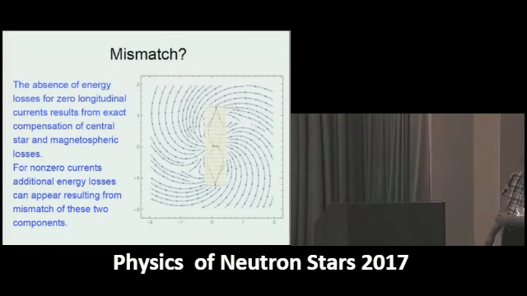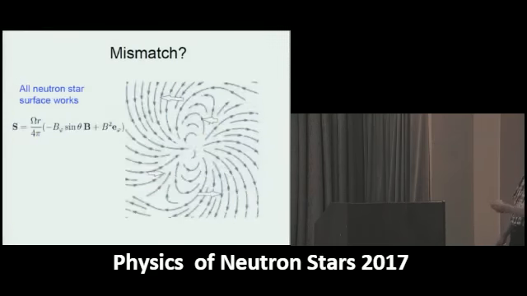But no one said that in reality, when we have longitudinal current, you see that there is a disturbance of the closed magnetosphere with respect to the case when there are no longitudinal currents. And in principle, it's possible to have an energy flux from the closed magnetosphere to the open one. Because if you